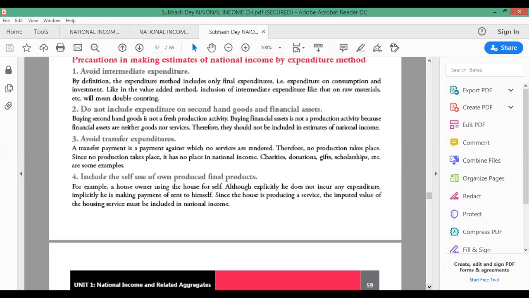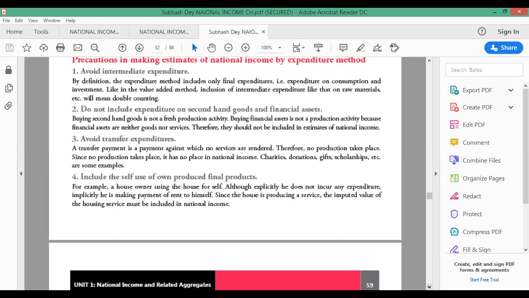assets. You know, there are various expenditures which we incur on second-hand goods. Do you think that second-hand goods expenditure should be incurred again, taken again in the national income? Because it would have been taken at that time when the good was purchased for the first time, right? So second time when you are purchasing a second-hand good, तो जब जिसने फर्स्ट टाइम परचेज किया होगा उसको उस टाइम पे नेशनल इनकम में ले लिया होगा. अभी सेकंड हैंड गुड की वैल्यू को दोबारा से लेने का मतलब है there would be overestimation of national income, then definitely it should not be taken into account.